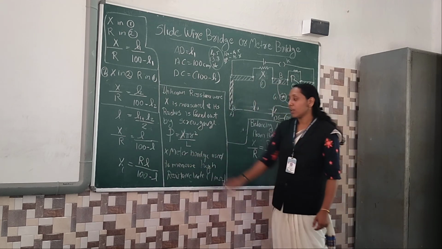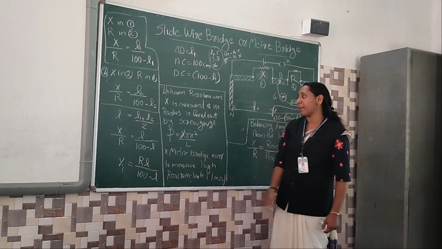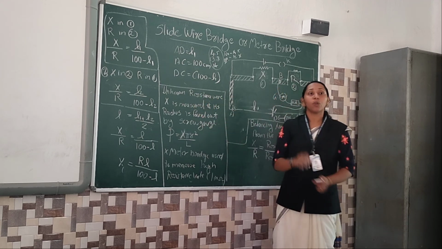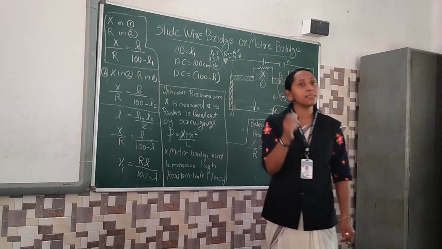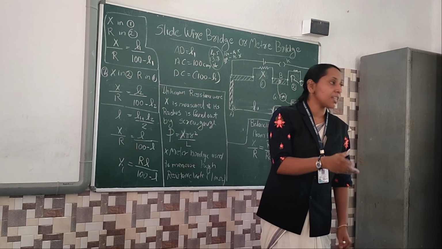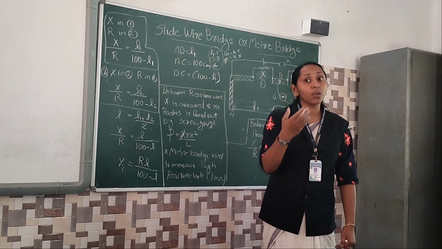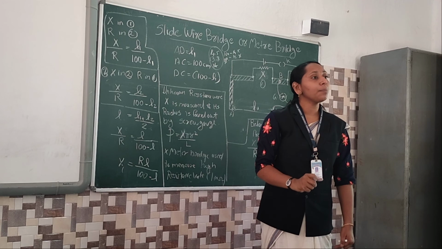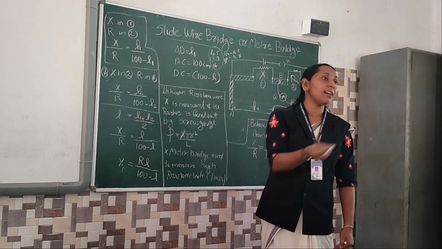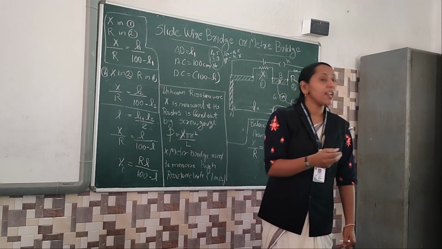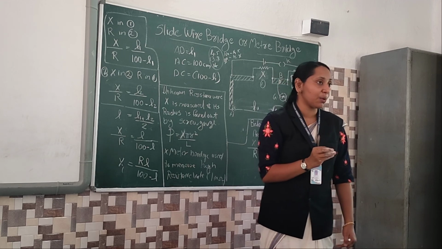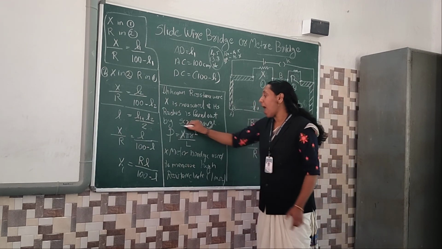And after that, so what is x? Unknown resistance. I am writing the unknown resistance wire x is measured and the radius is found. So अभी हम लोग को क्या मिला? Unknown resistance का resistance value मिला. बाकी भी पकड़ना चाहिए. That resistance को कितना length है, that resistance को कितना width है, that कैसे पकड़ेगा? Screw gauge use करेगा. You remember? You already studied in the 9th standard, 10th standard, 11th standard also screw gauges. What is the use of screw gauge? Small equipments का length, width पकड़ने के लिए use करेगा. So we should use the screw gauge and find out the rho.